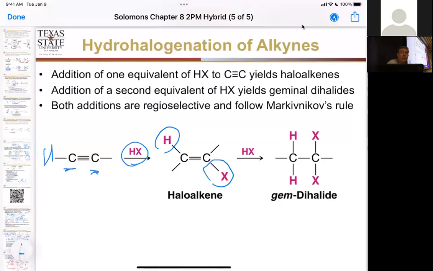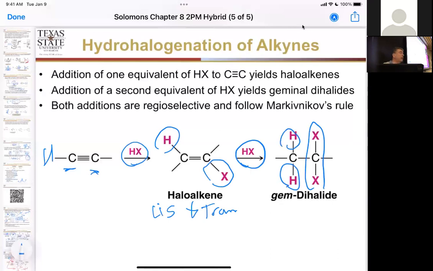Notice it doesn't matter where it adds, it's going to give a mixture of cis addition and trans addition. Okay, and then if you add your second equivalent, now you get your geminal dihalide because we already had